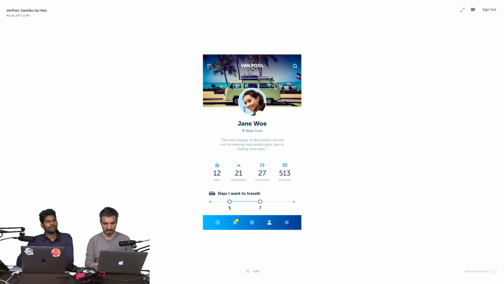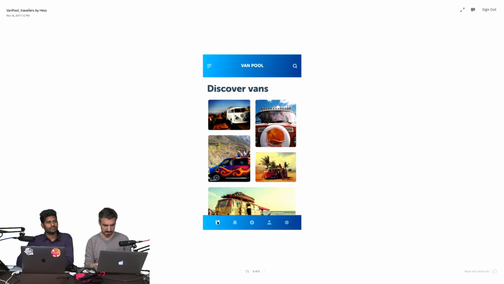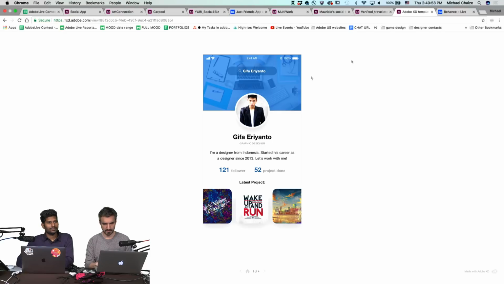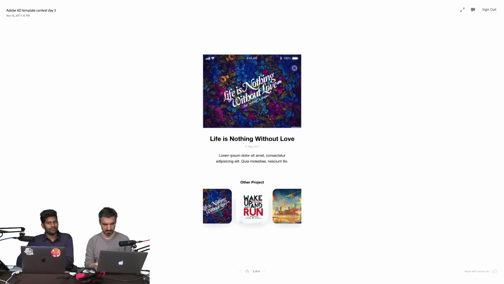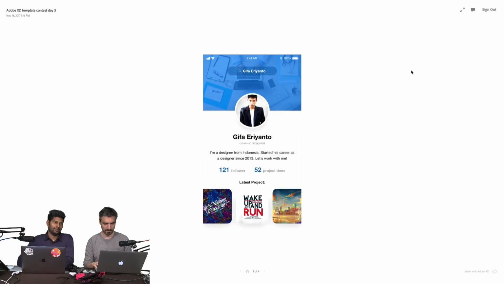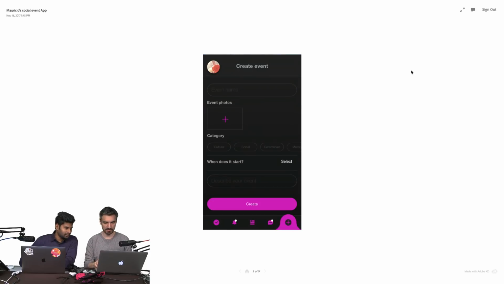There was this one at the beginning of the show. Pool. So notification, discover new experiences, and some bands, and the profile. And this one, with the 3 pictures. But we're still looking for the slider. Oh, this is a big slider. Okay, so which one do you want to reward? This one.